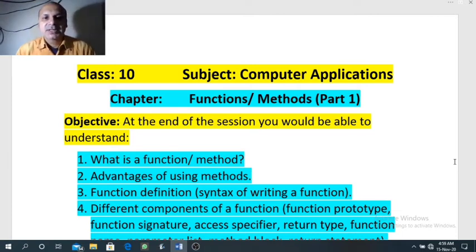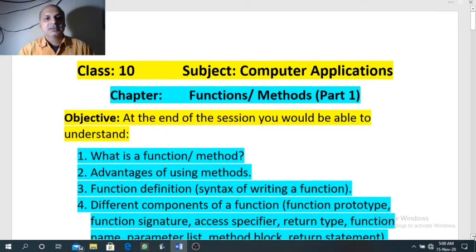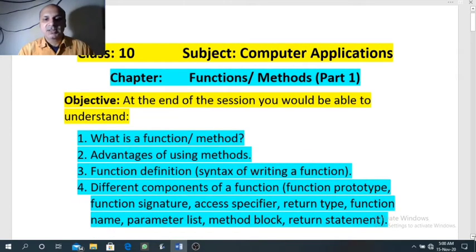Today we will study the basics of this chapter, that is, what is a function, what are the advantages of using a function, what is the syntax to write a function, and what are the different components used in a function, like what is function prototype, what is function signature, what is access specifier, which includes public, private, and protected.